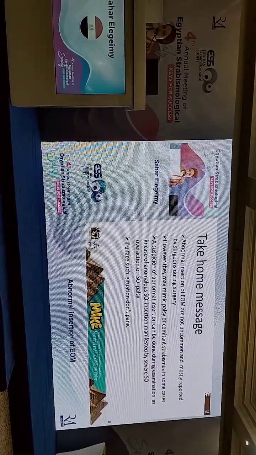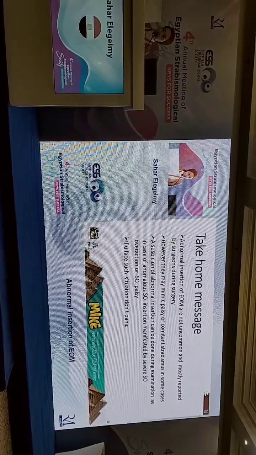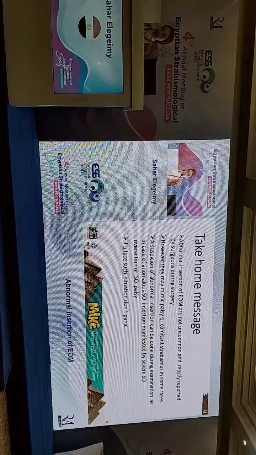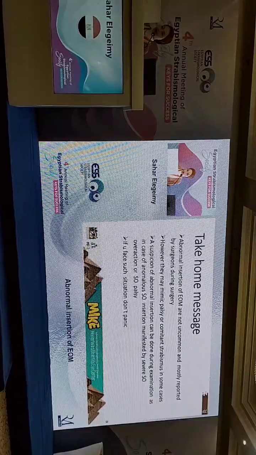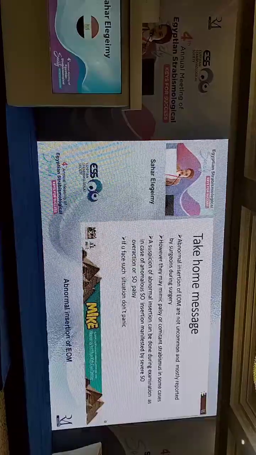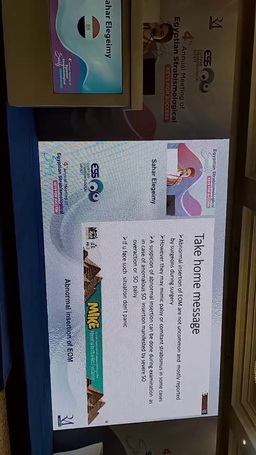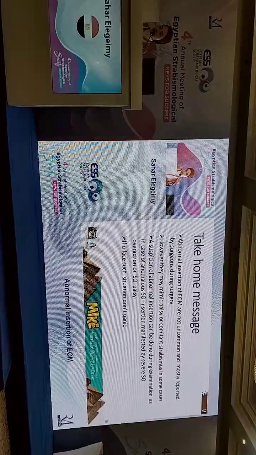There are also many published studies about abnormal insertion of muscles such as the superior oblique, also giving a picture of superior oblique palsy, and the inferior rectus muscle. My take-home message is that abnormal insertion of extraocular muscles is not uncommon and mostly reported by surgeons during surgery. However, they may mimic palsy or common strabismus in some cases. The diagnosis of abnormal insertion can be suspected during examination, as in the case of anomalous superior oblique insertion manifested by severe superior